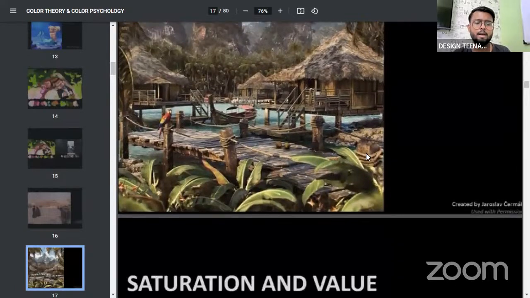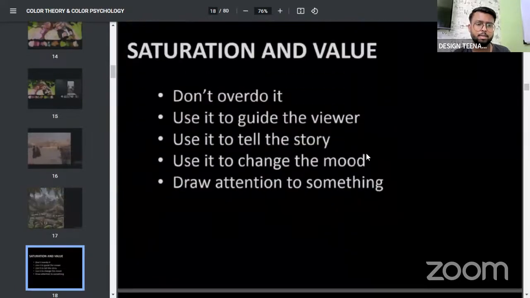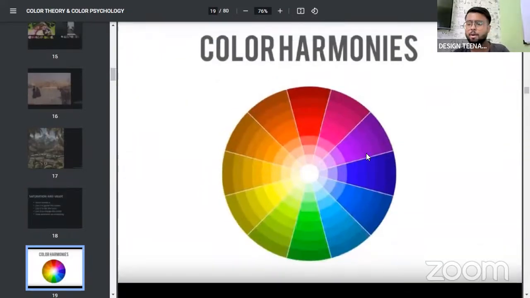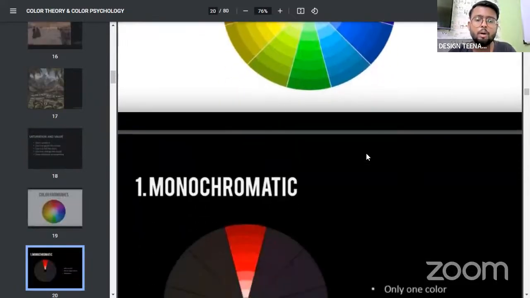Now, if we move ahead, a few other compositions, we will see some guidelines that we need to follow. Saturation and value, don't overdo it. Use it to guide the viewer, use it to tell the story, use it to change the mood and draw attention to something. Now we have over here a very important part, color harmonies. Okay. So what is color harmonies?